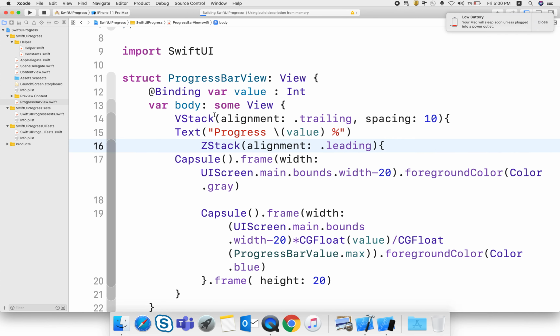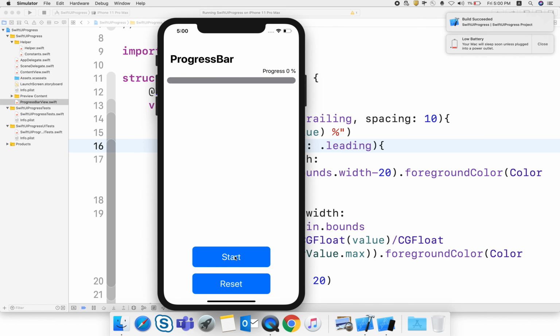So when I click again, here you can see that the progress starts from leading, and you can see the progress is stopped. When I click on reset, it works perfectly.